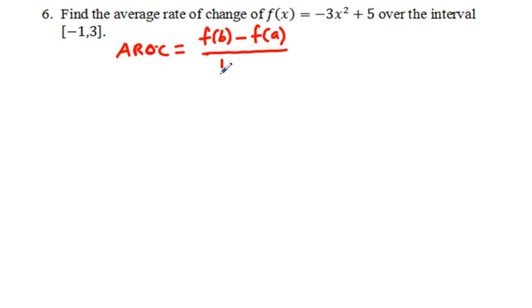Now, this is just a form of the slope formula. And here we have a is going to be -1, b is going to be 3. So AROC